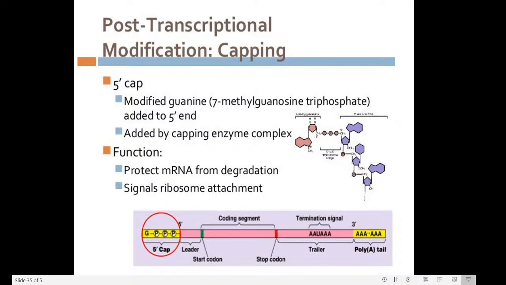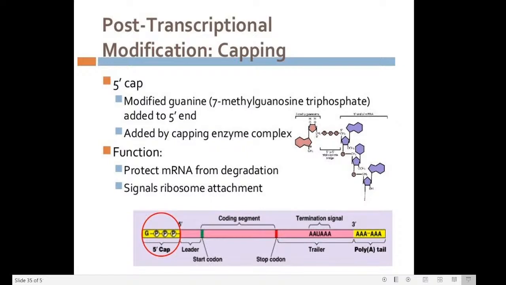After the addition of guanine, we close that region with methyl. Why? We need to protect the mRNA from degradation. Degradation means that once any enzyme finds the guanine, it starts degrading. To avoid degradation, we cap, we close that particular region. So when the RNA is transcribed, at the end we add the phosphate group by